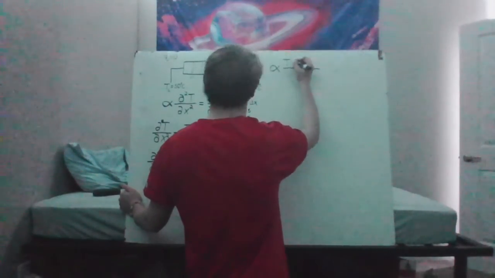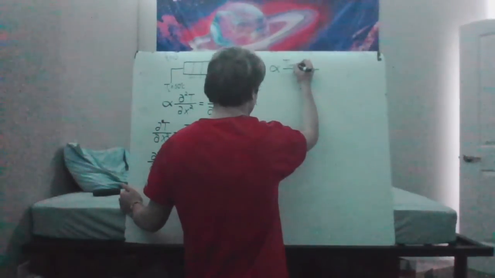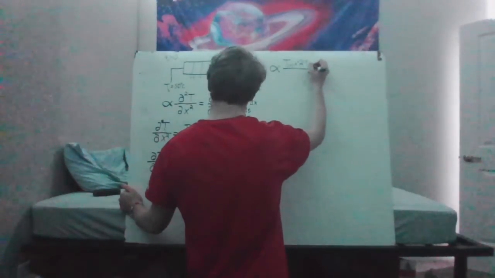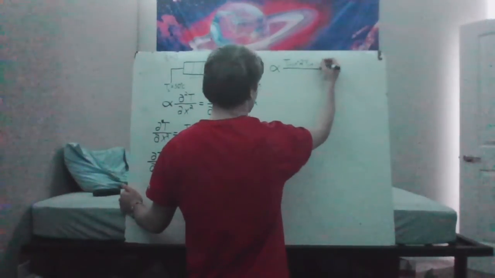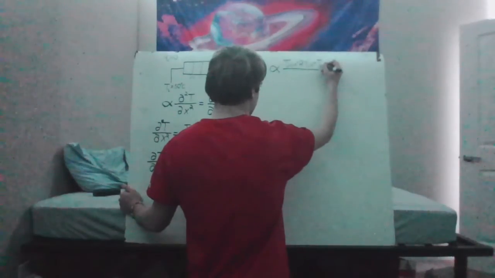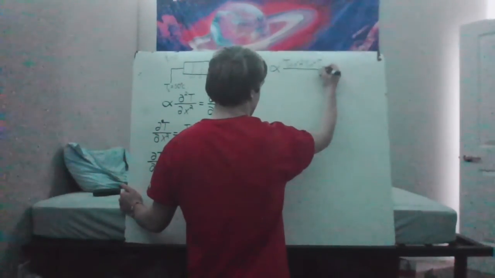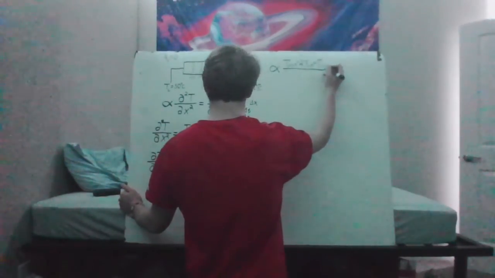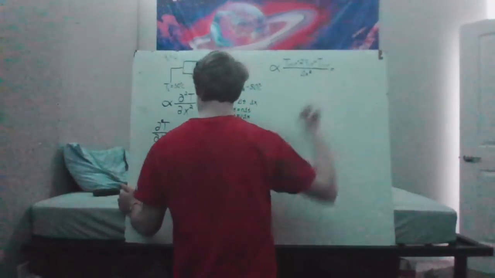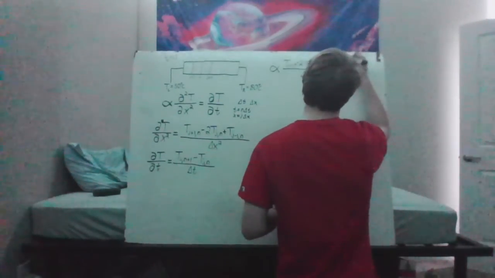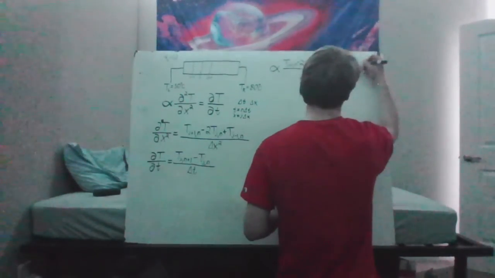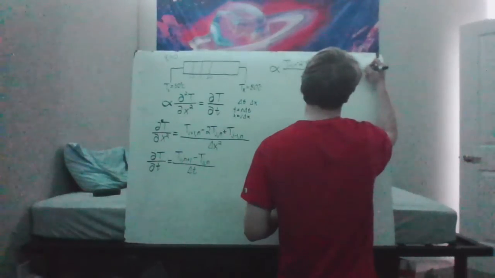And then we'll have t sub j plus 1 n minus 2 t sub j comma n plus t sub j minus 1 n, and then delta x squared, and then all that is going to be equal to our other one that we found, t j comma n plus 1 minus t sub j comma n